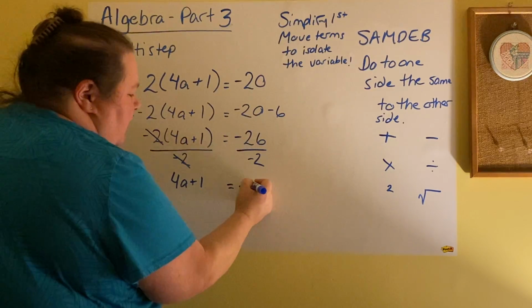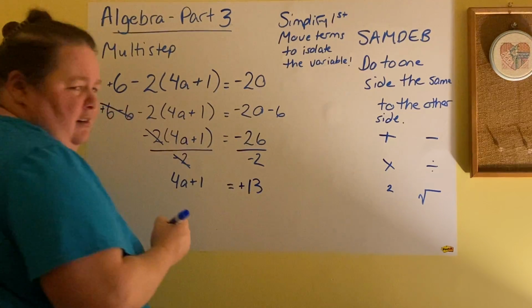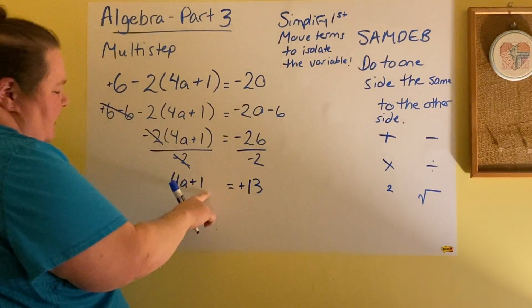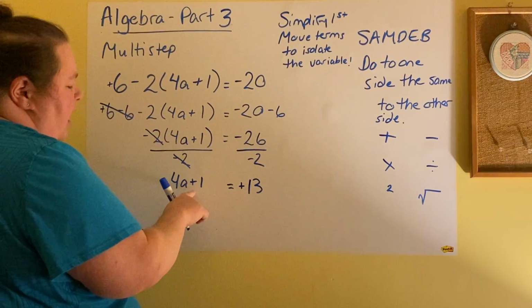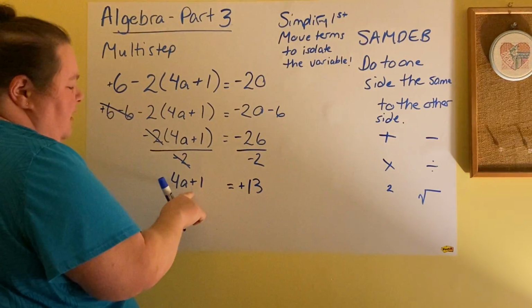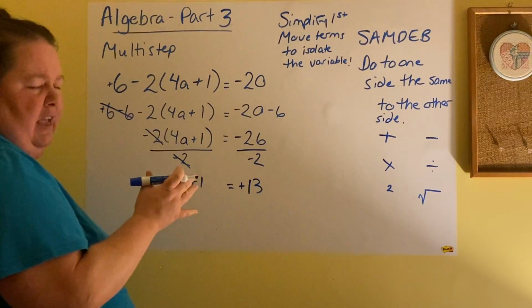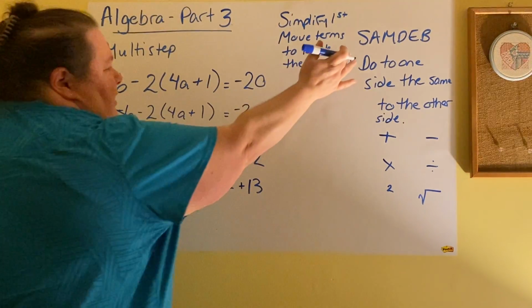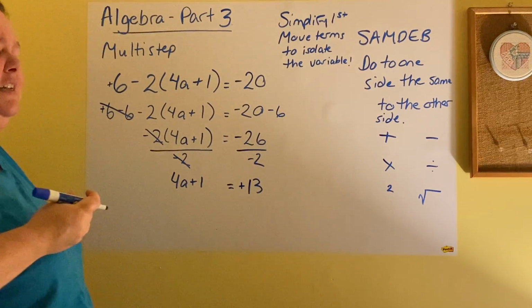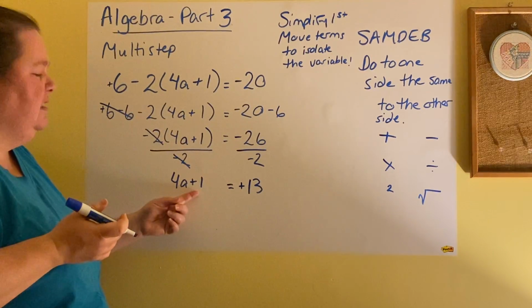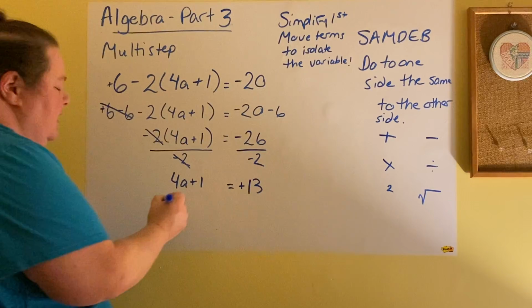And 26 divided by 2 is 13. And the thing is, now I'm at a two-step problem, so I can move things around. And the 4a, there's no point to move that right now or do anything. We're basically back to the SAM-DEB, and we're looking at subtraction and addition. In this case, addition. So I need to cancel that out